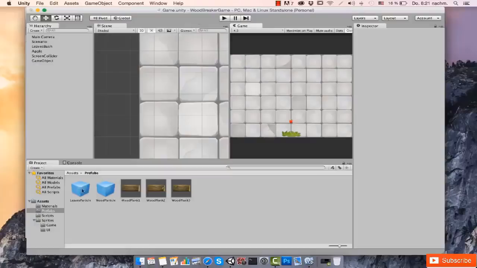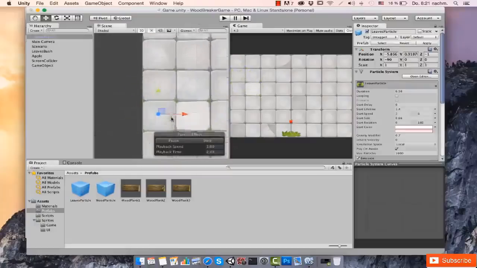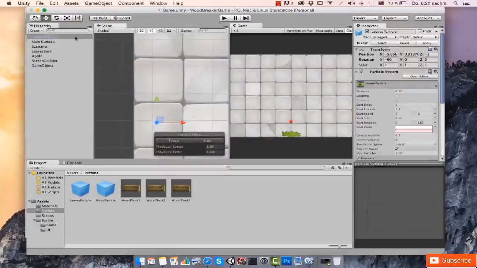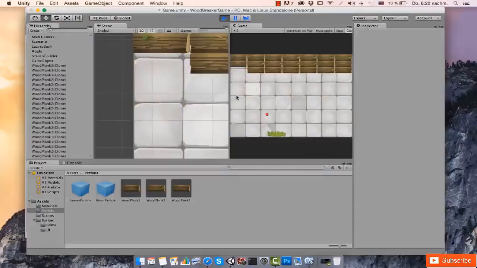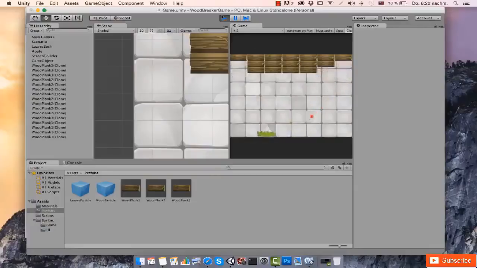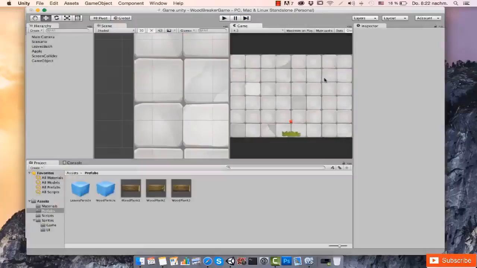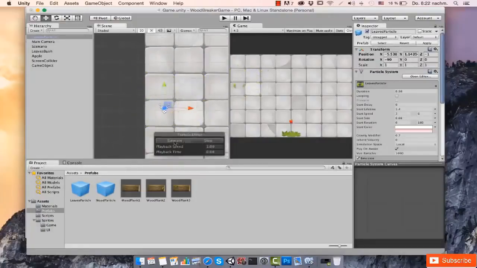Now we need to place the leaves particle. And if you notice, the leaves particle will never appear twice in the scene. There are cases that the wooden plank will appear twice, in case we hit two wooden blocks at the same time. Let's see if we can do this. There you go, we hit twice. So we got two particles at the same time. But for the leaves particle, we'll never have two at the same time, because it takes time for the apple to come down and hit the leaves bush again. So we can just keep one leaf particle in the scene and just play it, simulate it,